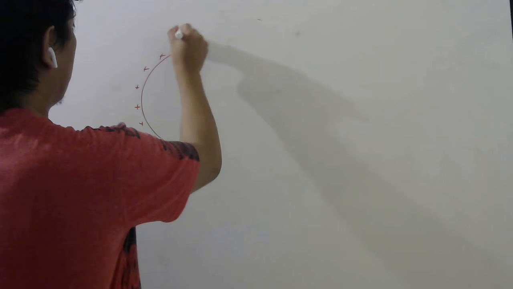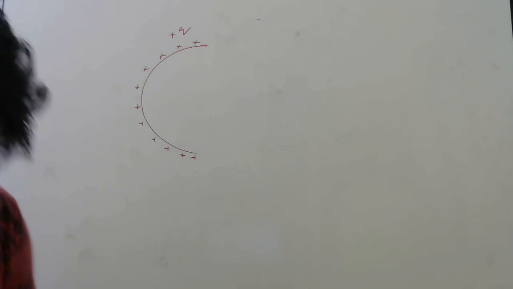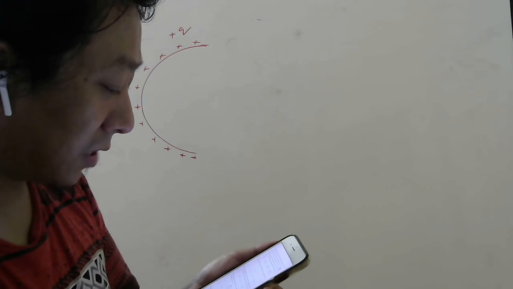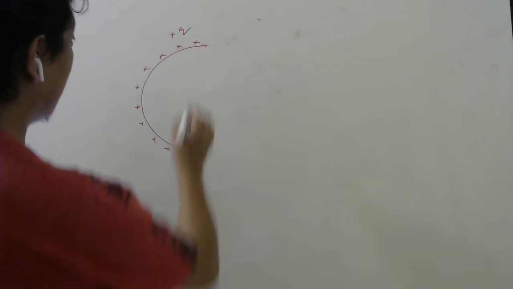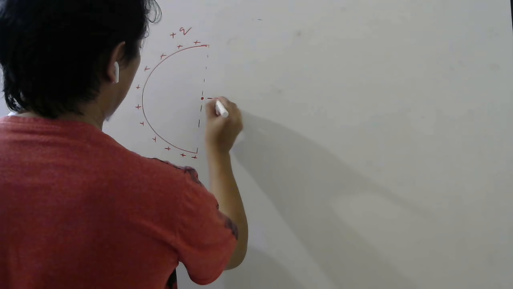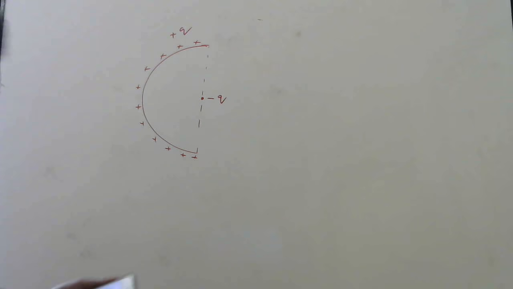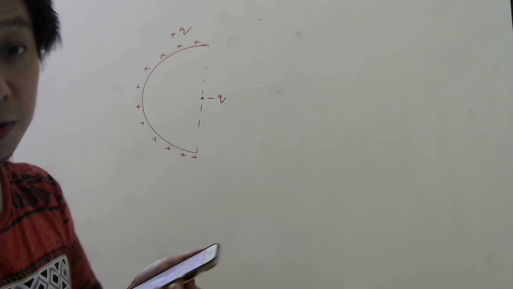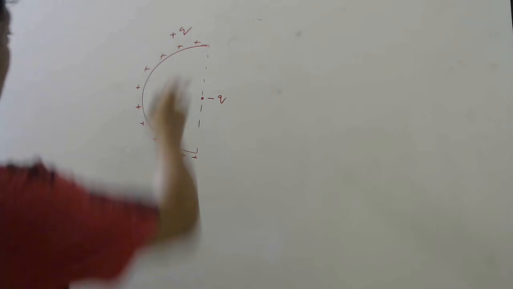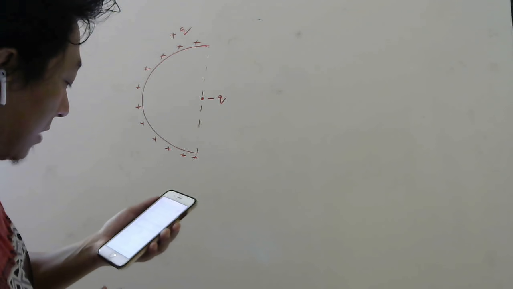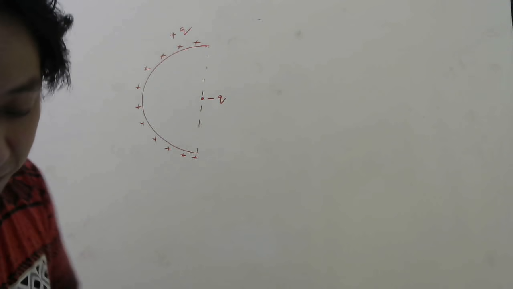This is plus q. Total charge is plus q. Okay. And another equal charge minus q is placed at the center of the ring. So at the center of the ring, they have kept a point charge, minus q. Now this system is a dipole. Why? Because this is plus q, this is minus q, some gap is there. Yes or no? So they are asking you what is the dipole moment of this system.